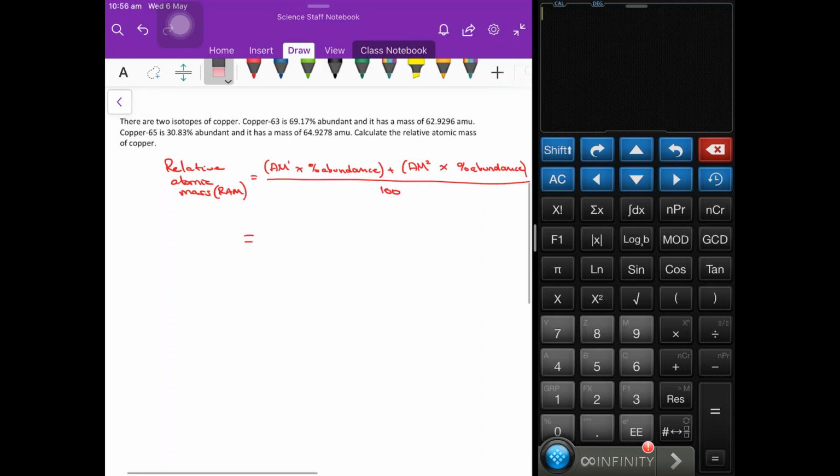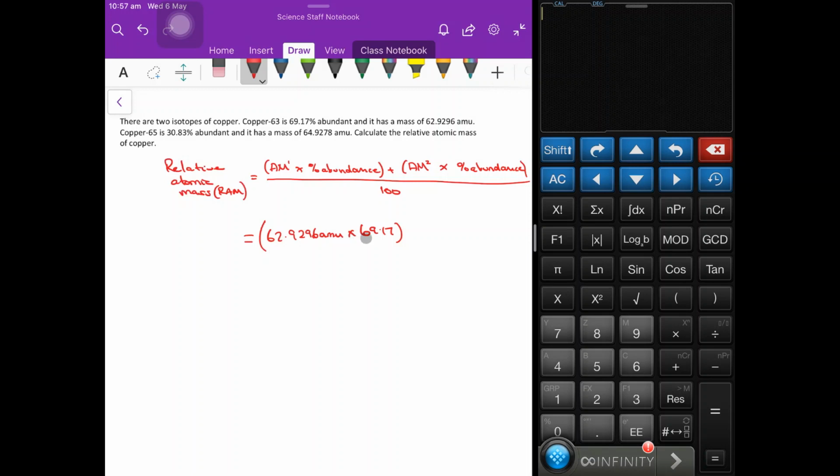So the atomic mass of isotope number 1 is 62.9296 AMU, and that needs to be multiplied by its percentage abundance. Now it's really important when you enter in the percentage abundance that we don't put in the percent sign. The reason why we don't put in the percent sign is because if I wrote in 69.17%, there's a tendency for me then to punch into my calculator